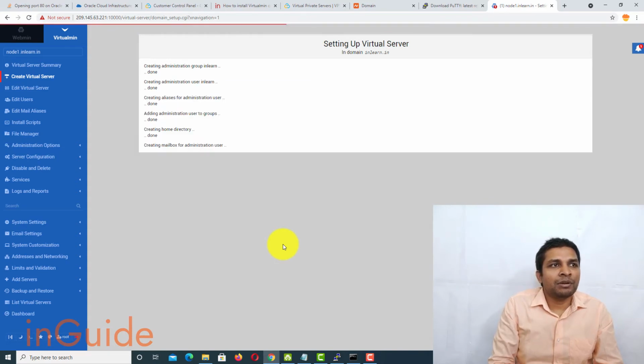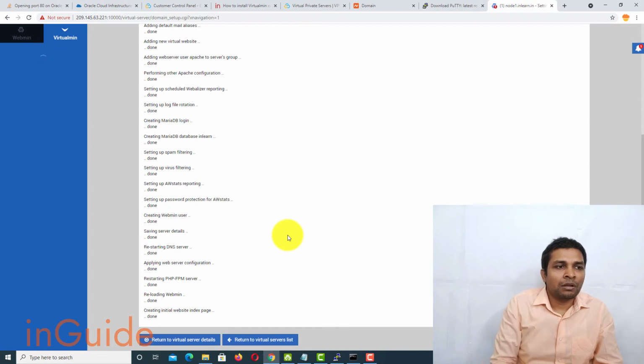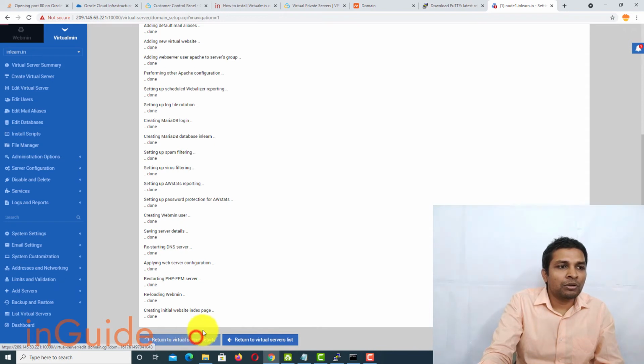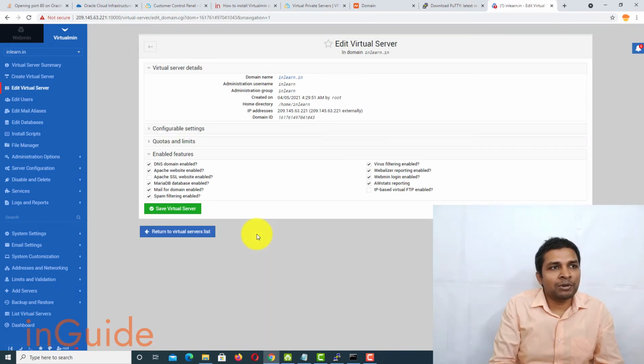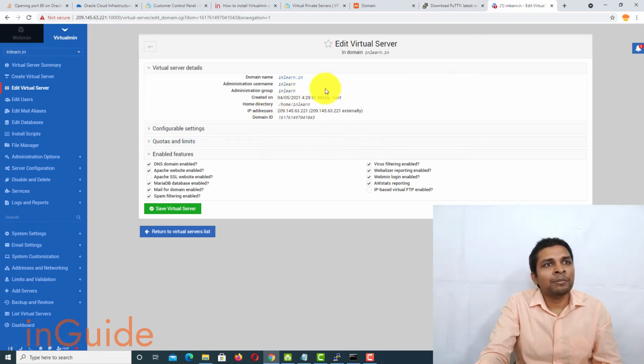So now you see server is being created. Now the server has been created completely. Let's go back to return to virtual server details, and this is the server.